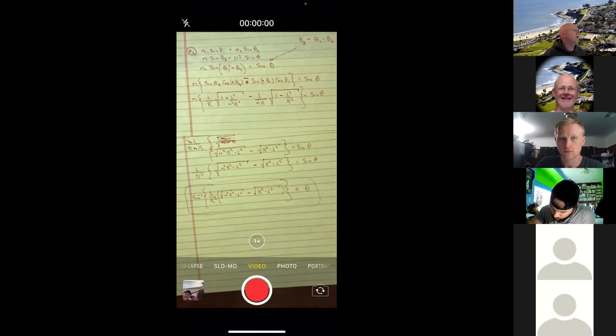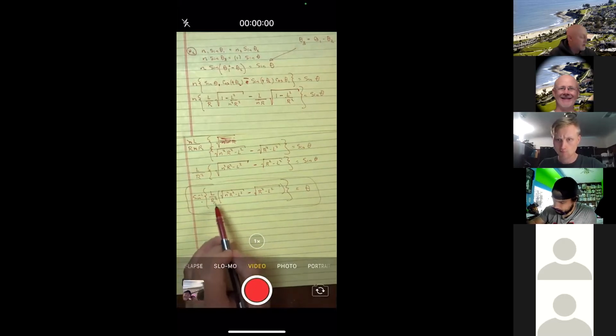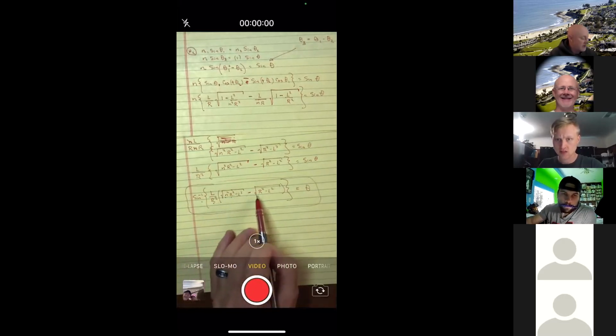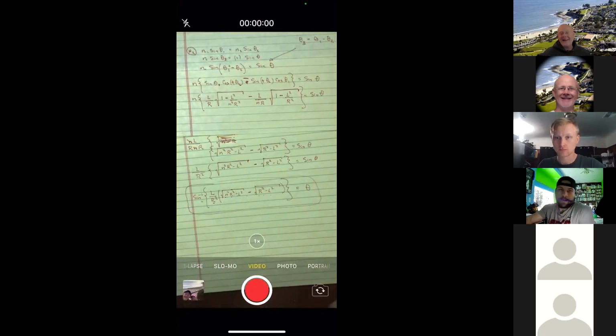So looking, and jump back to chapter 35, number 57. They have, boy, it goes for a while. Oh, good. And then they got inverse sine. They got L over R squared. They got square root N squared R squared minus L minus square root. Yeah, good. All right. So we matched. So good. Always feels good when you get to the end and you haven't made a mistake.